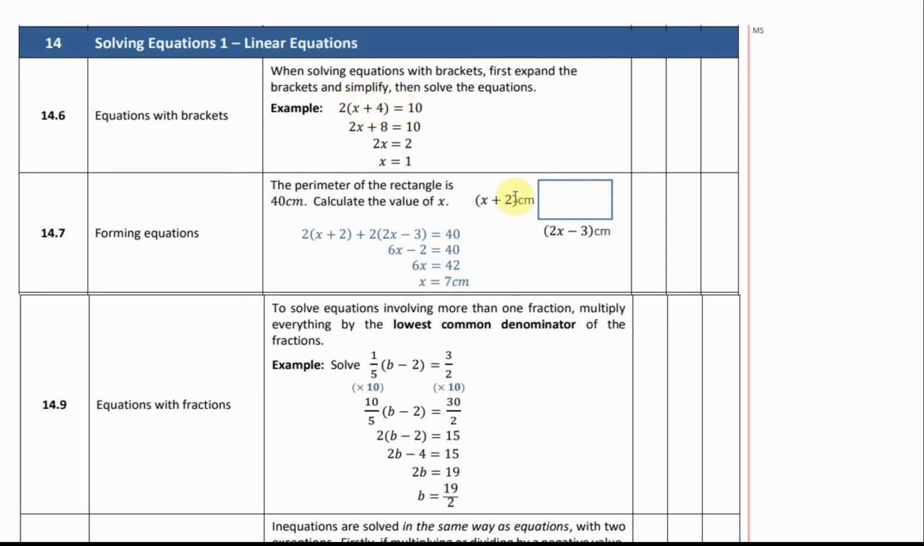Formula equations are the same again. You just got to read the question and write an equation. So in this case, it's saying the perimeter of the rectangle is 40, calculate x. So perimeter of a rectangle is going to be this, plus this, and then it'll be that multiplied by 2, and that'll equal 40. 2 of these plus 2 of these equals 40. And then you're breaking out brackets and then doing the same again. So they're pretty straightforward. What I'd like to look at